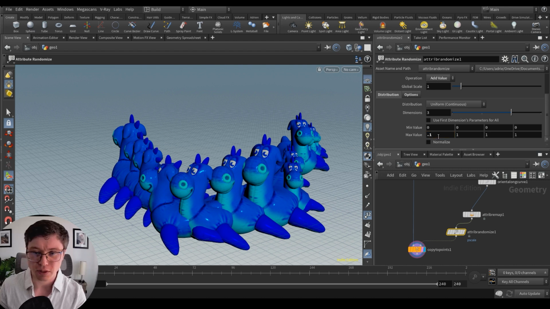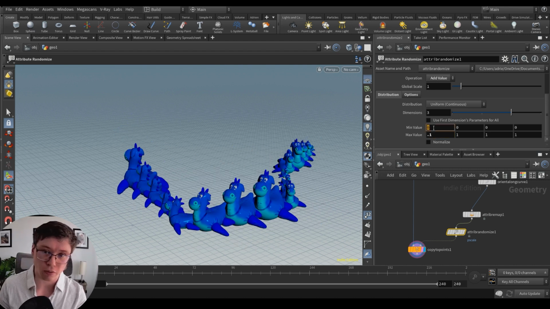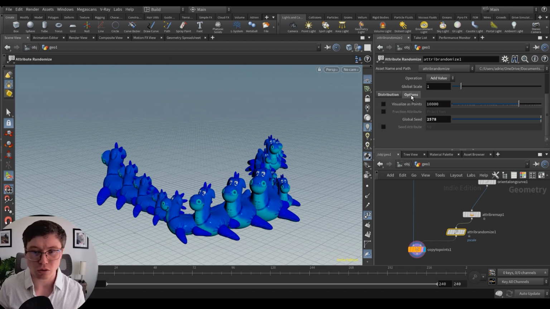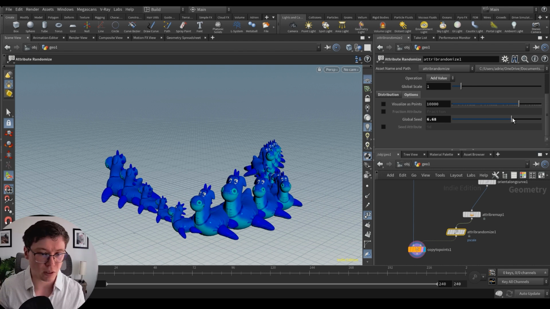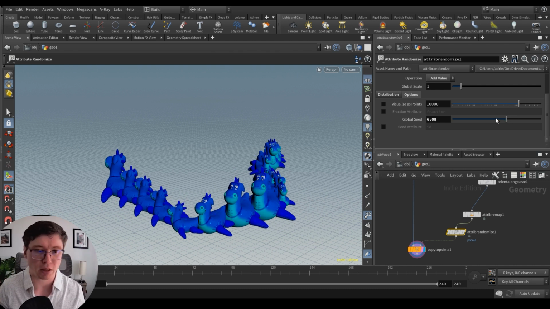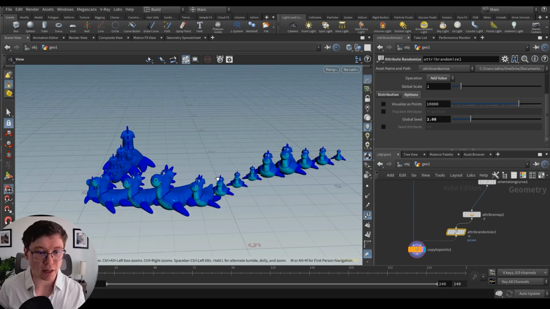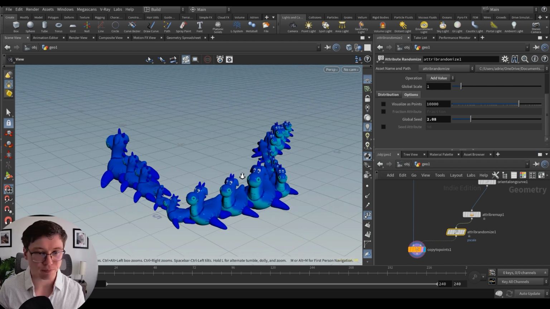But if we set the minimum value to 0 and the maximum to 0.3, for example, it would try to randomly assign a value between 0 and 0.3 to any of these clones. And you can drive the seed just in option, and you notice that they all sort of get randomized. So that's a fairly convenient way to deal with the pscale.